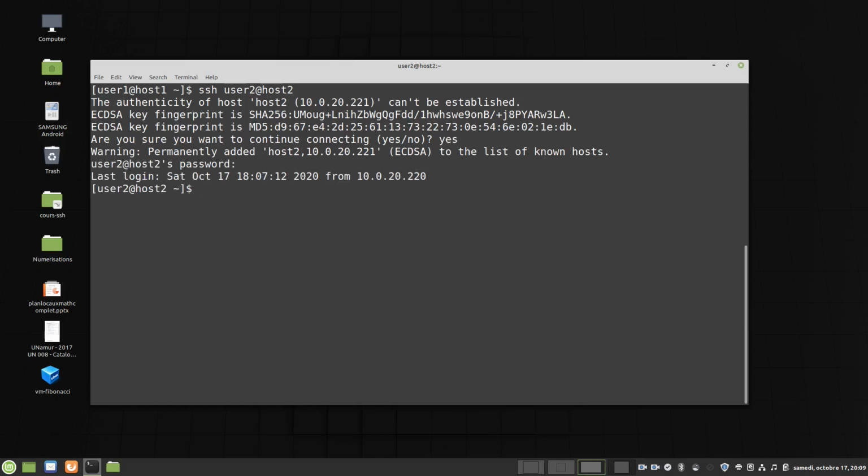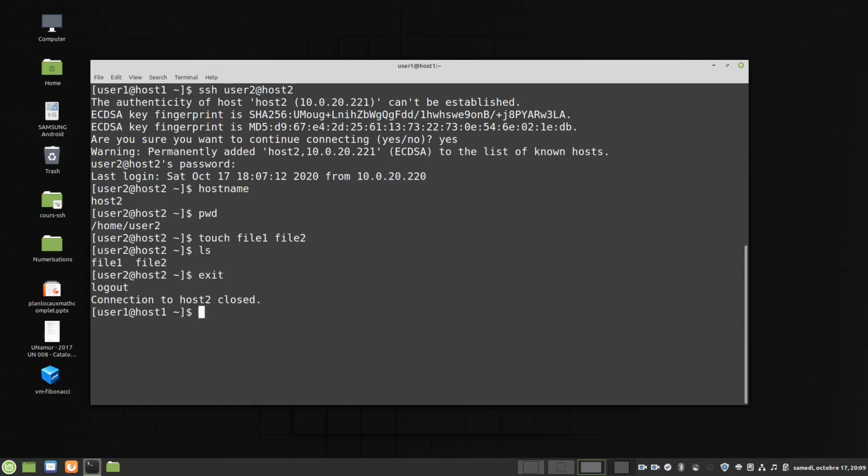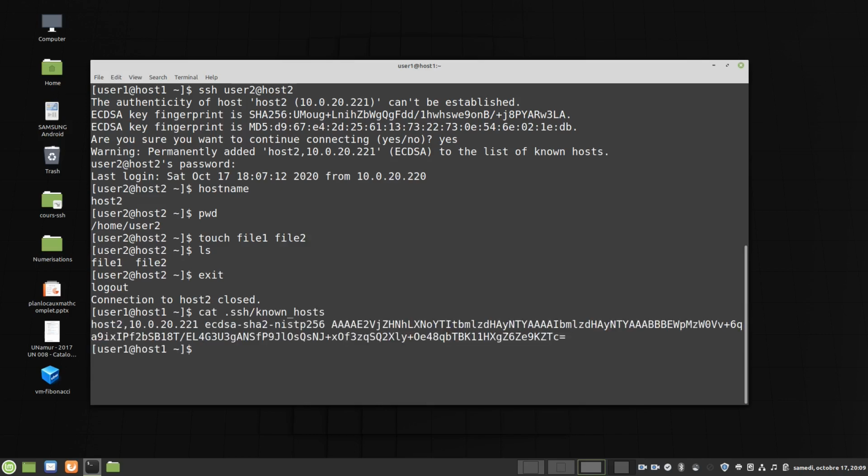Now I am on host2 and I can type commands and create files. Let's come back to host1, and here we can see that the public key of host2 is in the user 1 account.